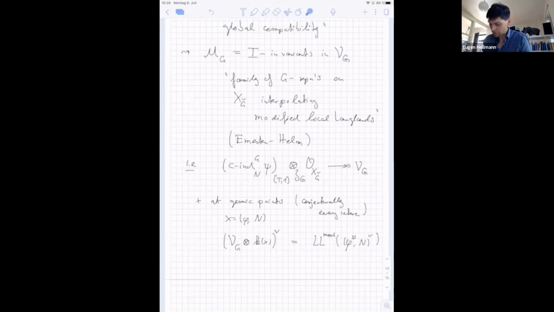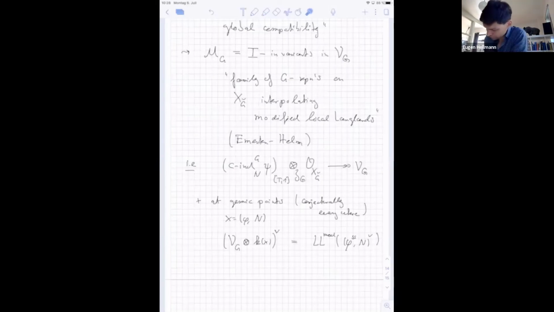So what do these duals do? If you take the dual on both sides, in some sense, this says that you take your representation, which is not irreducible, but has some decomposition series, some Jordan-Hölder filtration, and you, in some sense, turn it upside down. So you make the quotient a sub and the sub a quotient and so on.